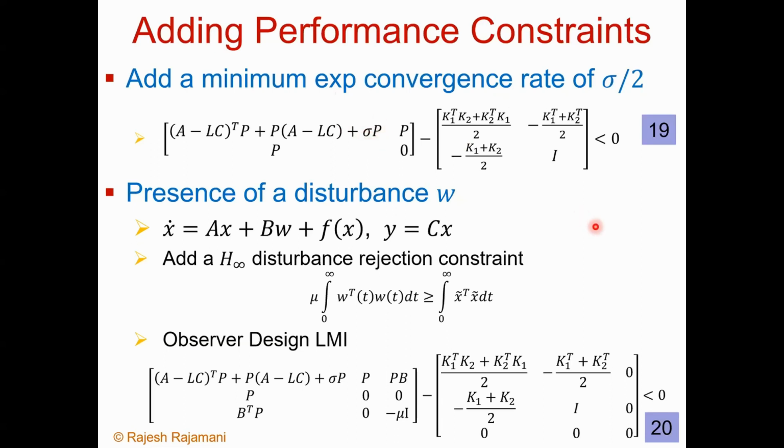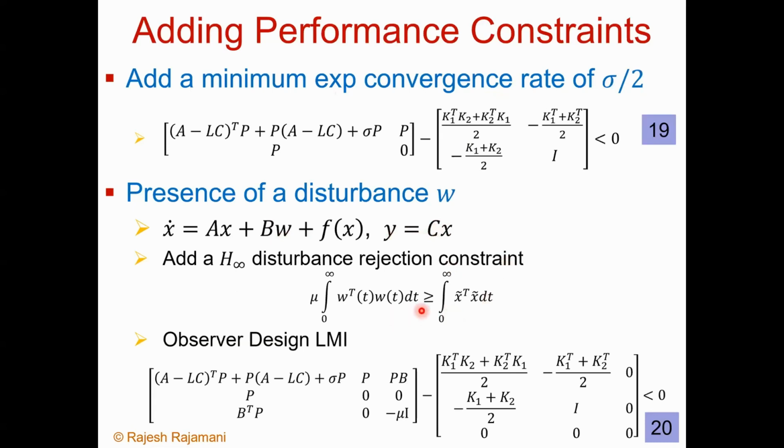Next, if you have a disturbance W, so if your plant is given by x dot is equal to Ax plus B times W plus f of x, so W is basically a disturbance here now instead of a known input. And your output equation is still linear, then you can add an H infinity disturbance rejection constraint in which